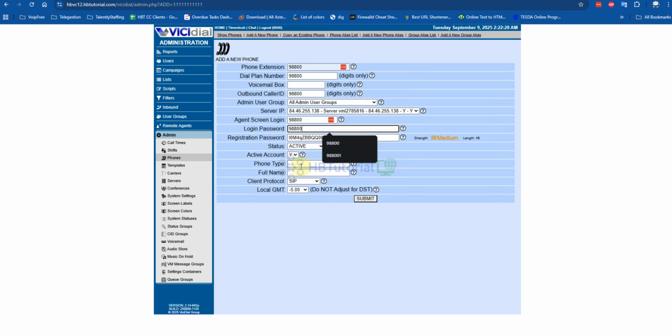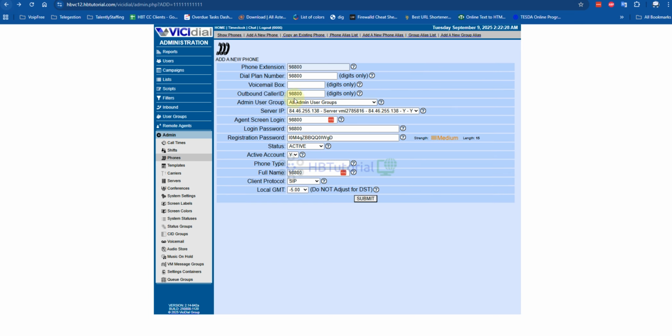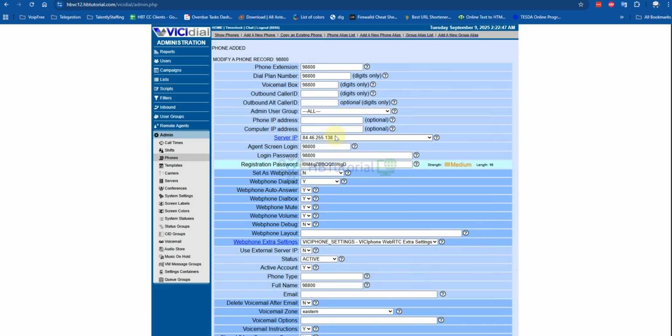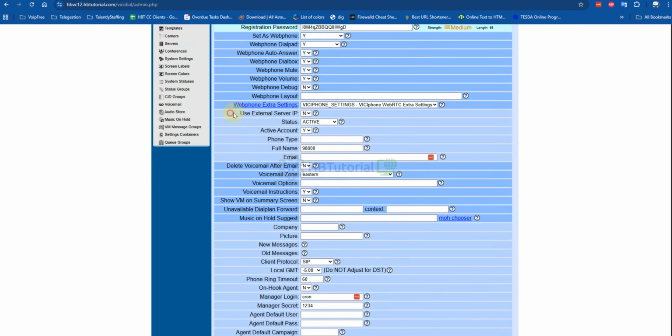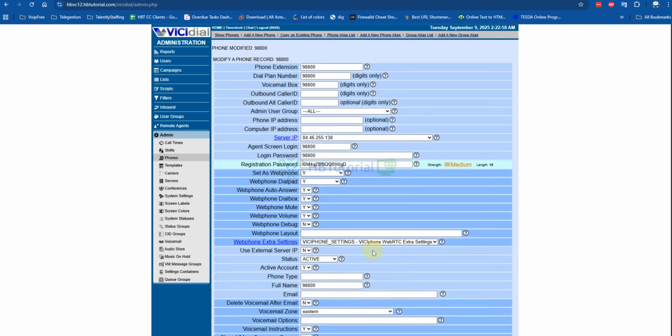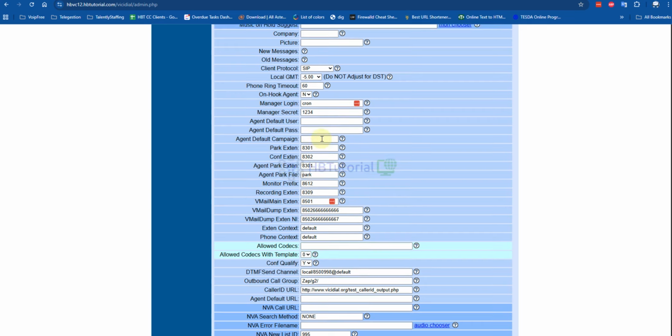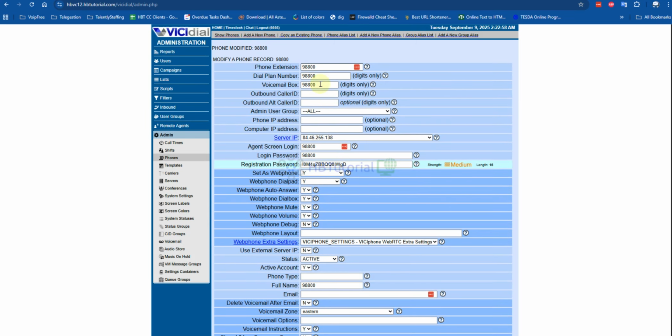The voicemail box, only the error. So set web phone, yes. And then set the template. Okay, submit. I'm not sure if that is correct. Yeah. Okay, so this is the web phone now.